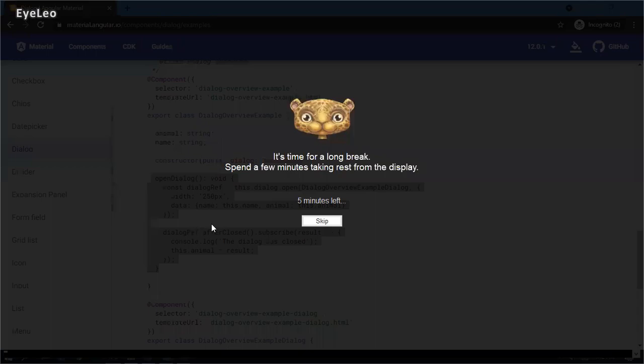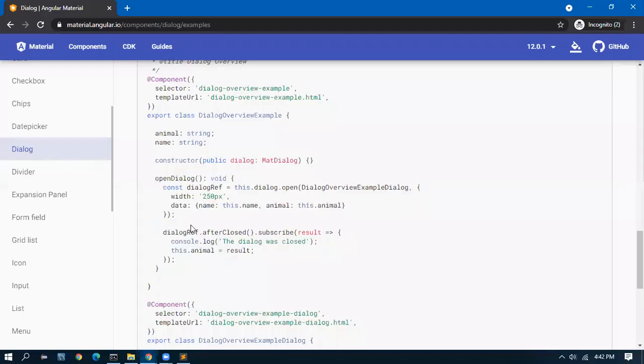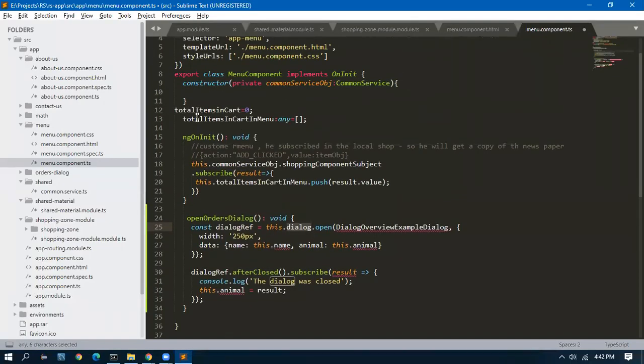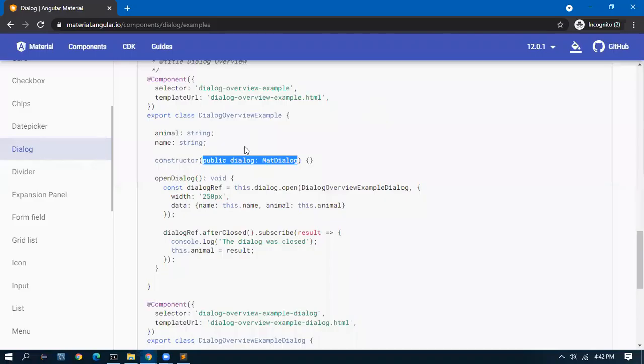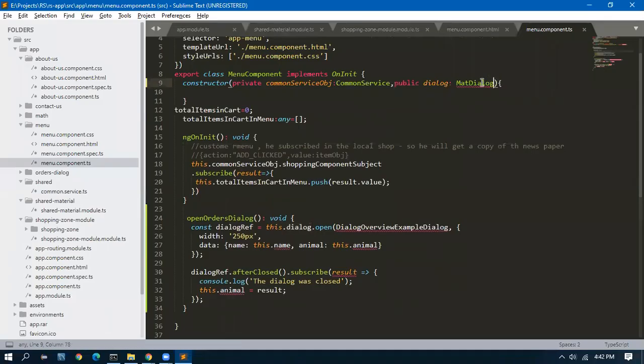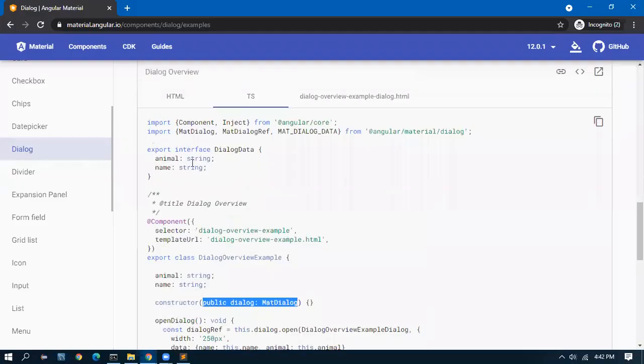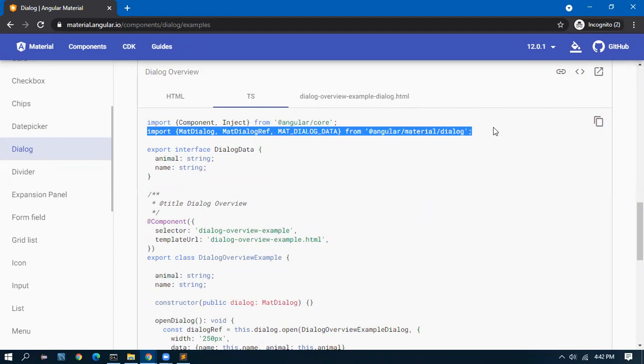They tell that this dot dialog is injected in the constructor. So I will copy this code as well. I'll come to the constructor. We have one entry. I'll do a comma and I'll paste this entry. Next, it is throwing an error in mat dialog. These are all okay, we'll come back. So I need to import. So import mat dialog from material dialog.